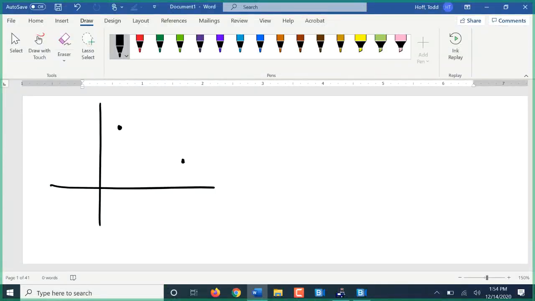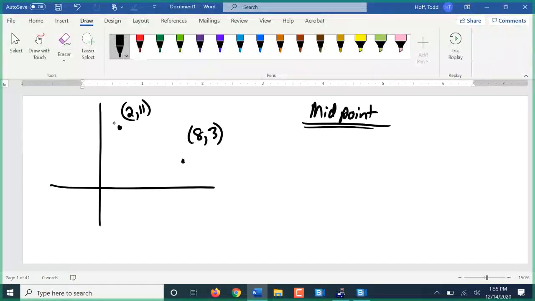Well, the next formula we want to look at is for the midpoint. So let's say I have 2, 11 here for points again, and 8, 3, we'll call it. If I want to find the point that's exactly between those 2 points, what I'm really finding is the midpoint of the segment that has endpoints on those 2 points. I can find that midpoint